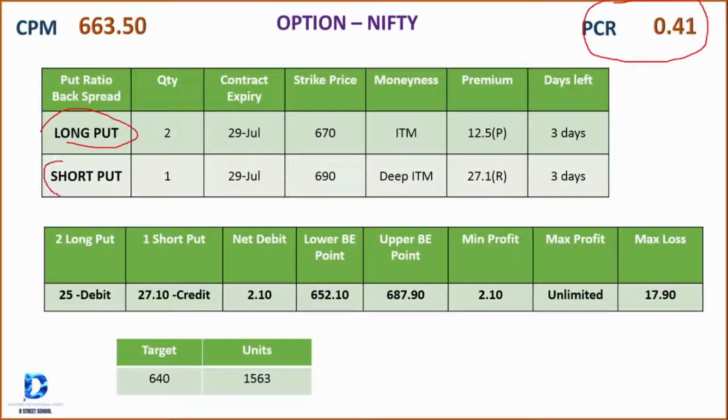Two long puts, one short put. So it is a 2-leg strategy, and the quantity would be 2. We'll buy two long puts and one short put. The expiry date would be the same for both, 29 July. The strike price for the long put would be 670, because as per our concept, we should use OTM,